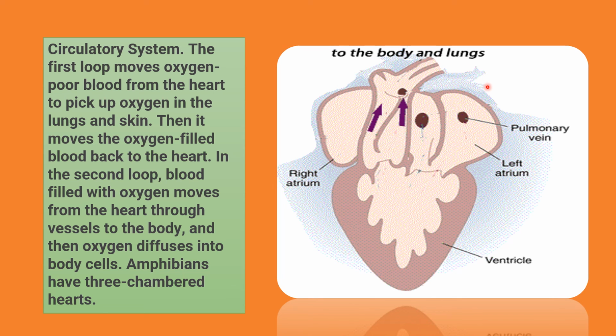One more time I am telling you, just watch the brown arrow and blue arrow first. Oxygenated and deoxygenated bloods are coming, mixing in the ventricle, and then they are spreading through the body and lungs via the conus arteriosus. Hope you have understood. This slide is very small because I just want to tell you the concept of the circulation of blood in a toad's heart.